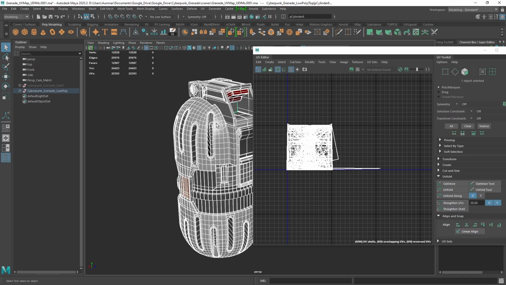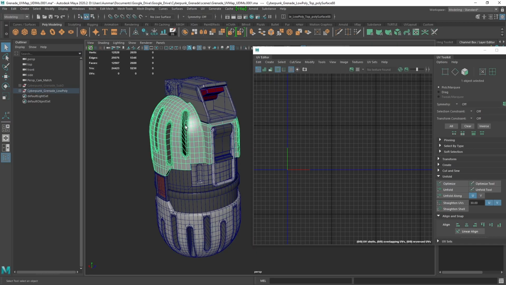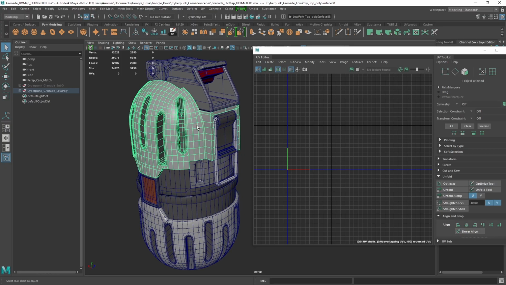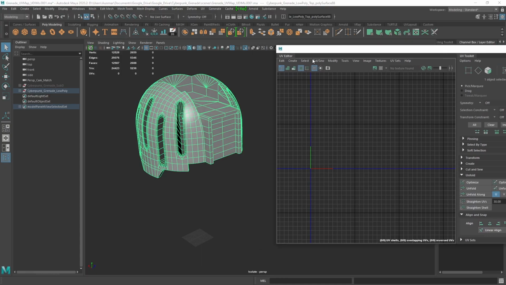Then go to UV editor, and now you can see we just have a mess of UVs. Now this step isn't 100% necessary, but what I typically do is just go to edit, delete. And that just goes ahead and deletes all the messy UVs on our object, and I don't have to worry about that. And it doesn't clutter up our UV editor workspace here. So now I can go ahead and again select the top part of the grenade, and we can begin UV